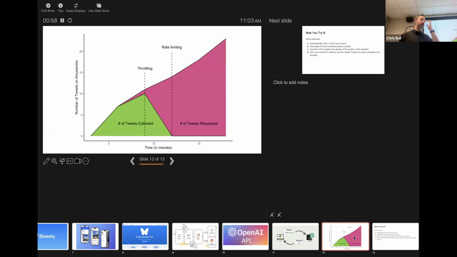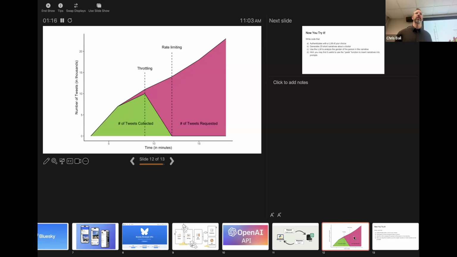You could look at the developer documentation, and some APIs will tell you exactly what it is, but many do not make this information public because they don't want people to go right up to the edge of what's possible and push the system as much as they can. And so there can be a little bit of a cat and mouse game, because you can imagine if an